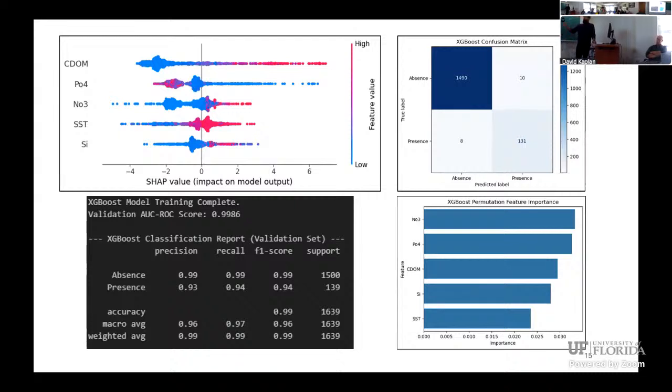And if we have a look at the last graph, that shows the XGBoost permutation importance feature, now this shows the importance of each of the variables that were included. And nitrate and phosphate, these two nutrients are at the highest number. Like these two show that the Vibrio are mostly influenced by these two variables, nitrate and phosphate.